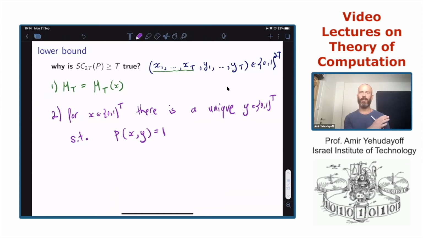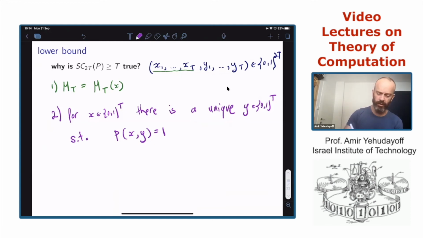For every prefix, for every left half, there is a unique right half that makes the palindrome output 1. What is this y? Y is the reversal of x. This is the only string that will make palindromes output 1. Any other y will make palindrome output 0.